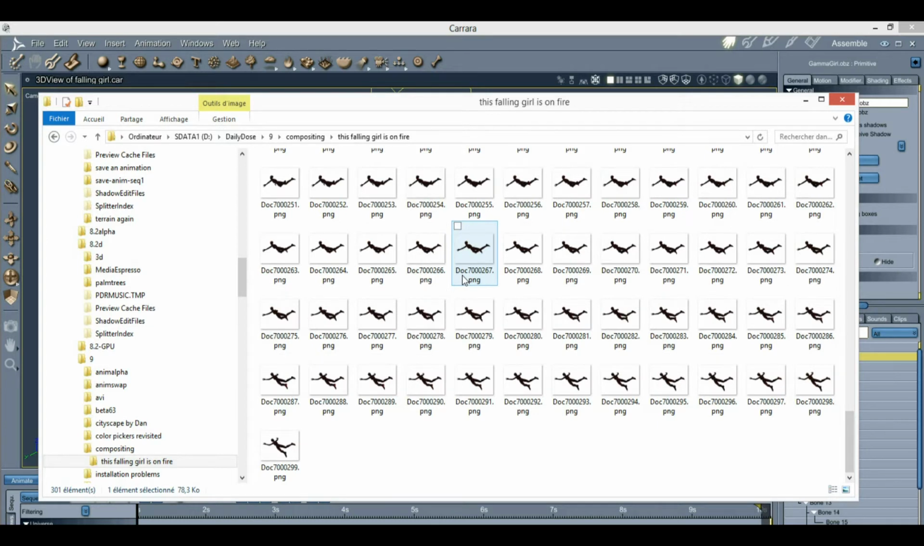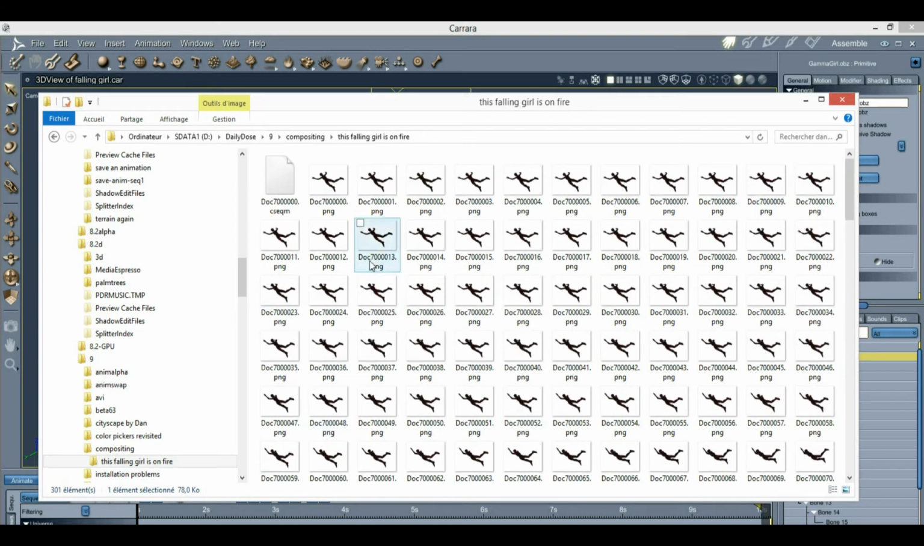Let's see. 299 is the last index, starting at 0, so I have 300 frames. Yep, that sounds about right. 10 seconds at 30 frames per second, 300 frames. Now, in the